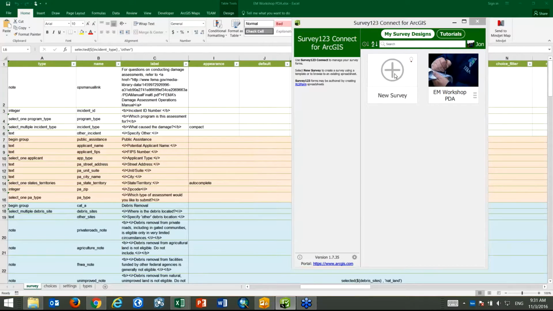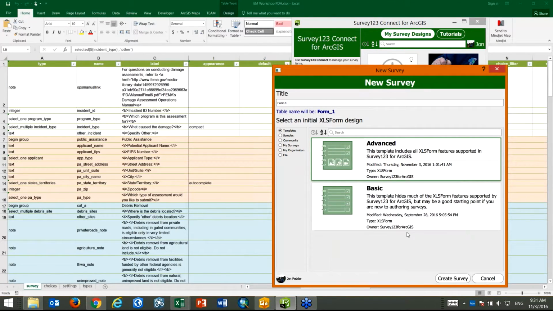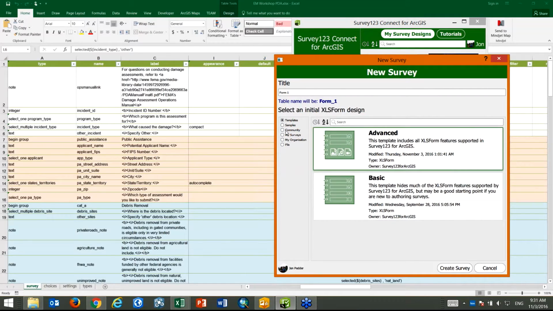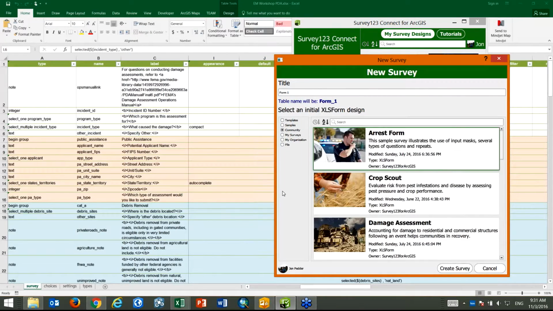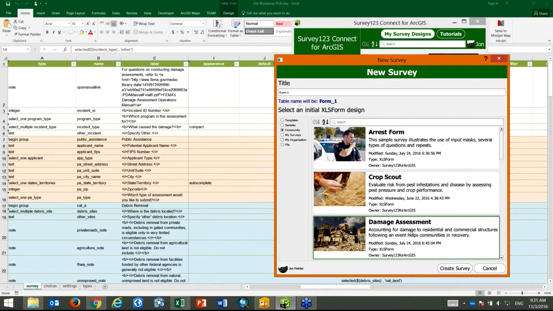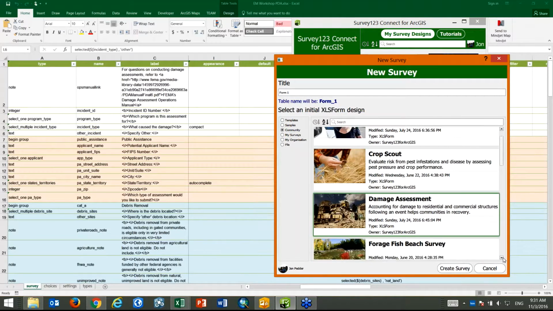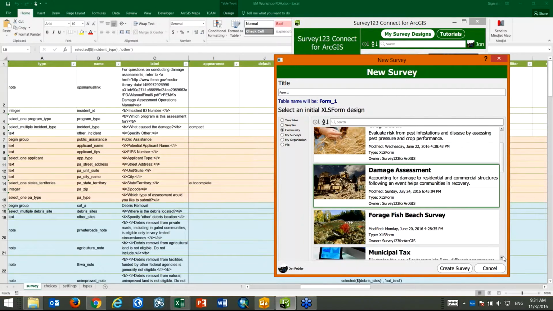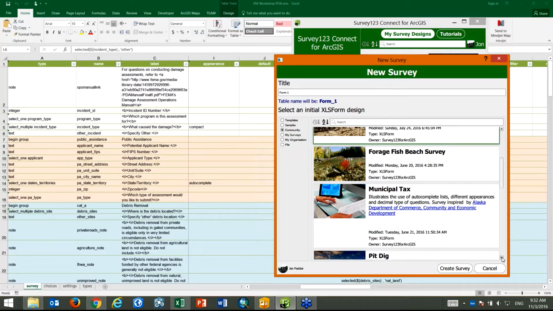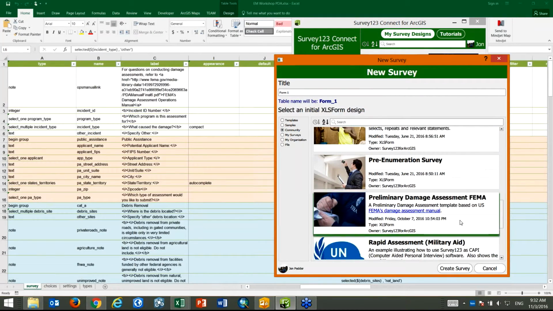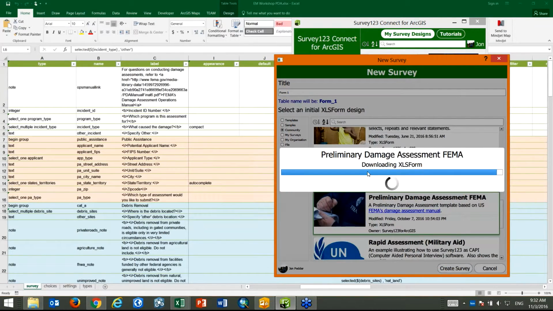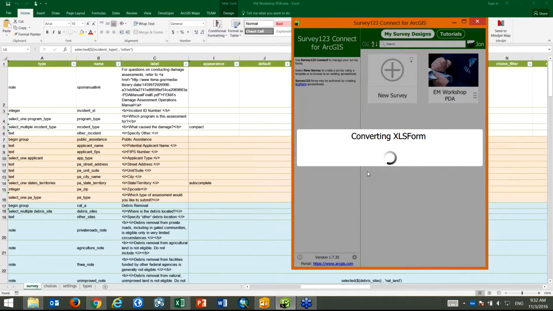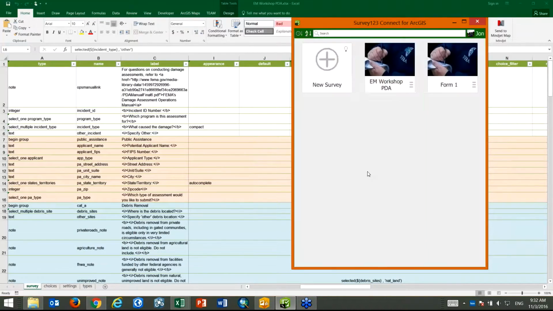If I click the New Survey, I've got a choice of templates to choose from. The one that I'm particularly excited about is the Community option here, where we have these predefined templates. There's the basic damage assessment that you've probably seen before, the same one we use for Collector. One of the ones that is exciting here, that I think Jeff is going to talk about, is the FEMA preliminary damage assessment template. I can just simply select that and click Create a Survey, and it'll download that right to my computer and build me instantly